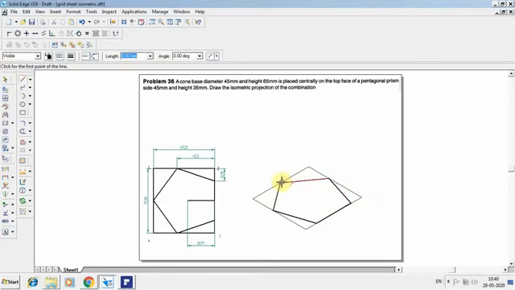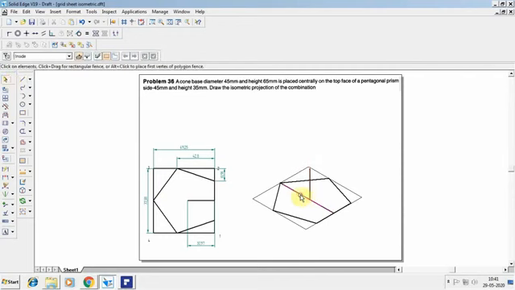Now I'm going to draw the median from here to the center of this one. So the center distance is 30.97. So I'm going to take from this point 30.97 as the center distance, and that will be the axis. So the axis height is 35 mm. Now once you've done this, you can remove the lines.